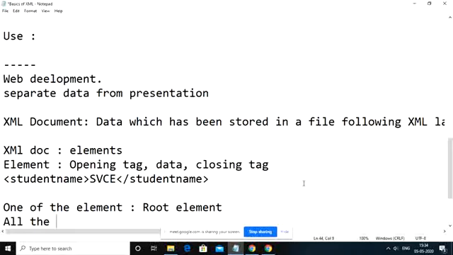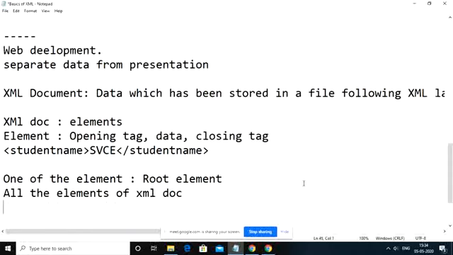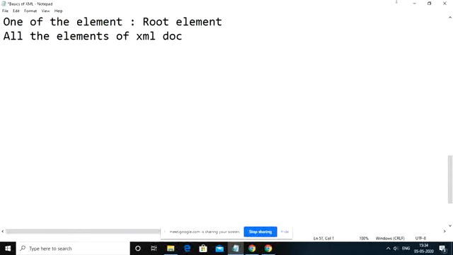So all the elements of an XML document are arranged in either hierarchical or tree fashion.